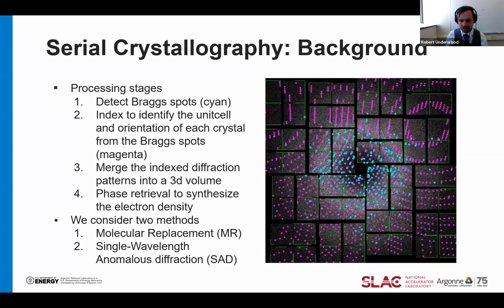And these are essentially not just individual bright pixels, but pixels that are bright and have neighbors who are collectively sufficiently bright. These bright spots help us when we perform indexing to identify the collection of peaks, even if we don't observe the peaks in any particular image that comes off the detector. Once we have that, we then merge multiple events together into a 3D volume,